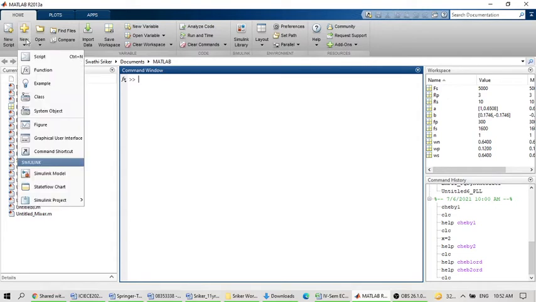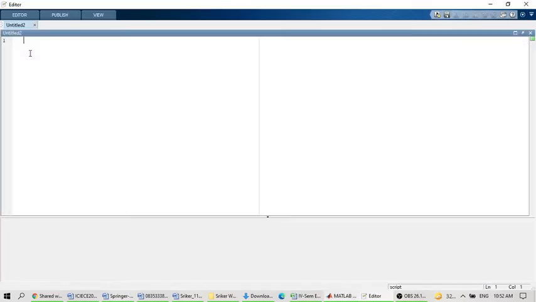First open the new script. What is the program here? Your program is designing of FIR filters using Windows technique. What are the windows you are using? Rectangular window, triangular window, Hamming window, Hanning window.